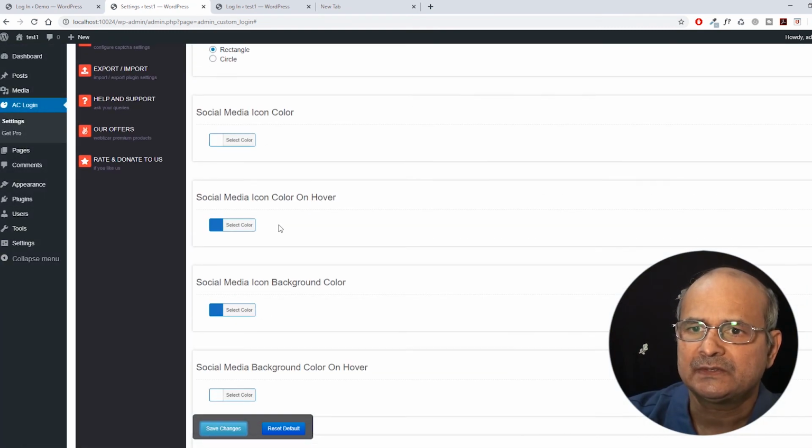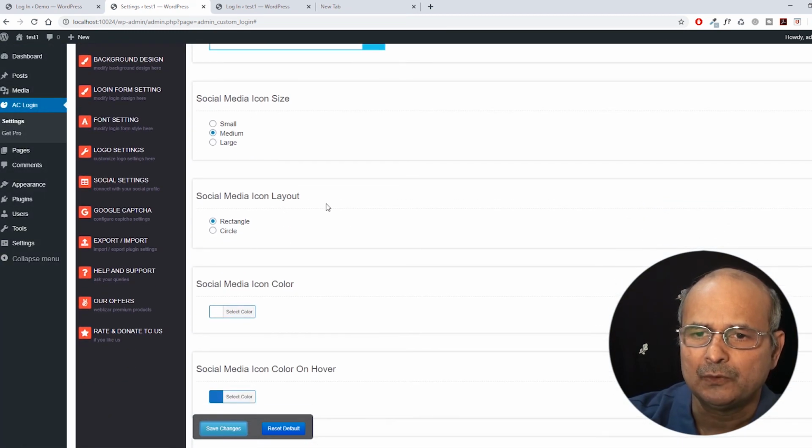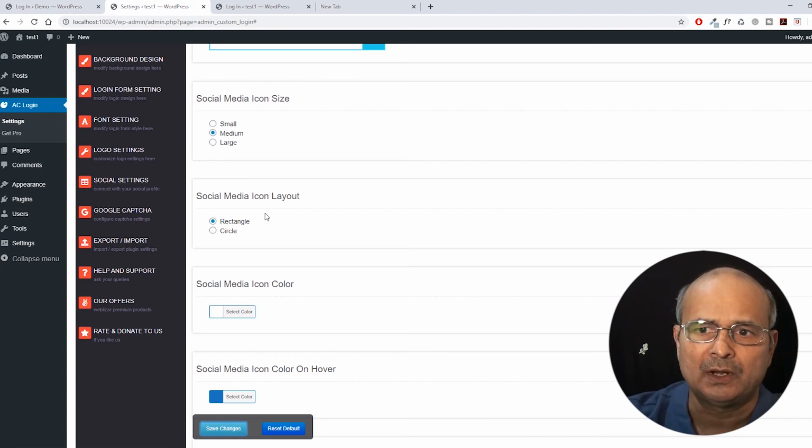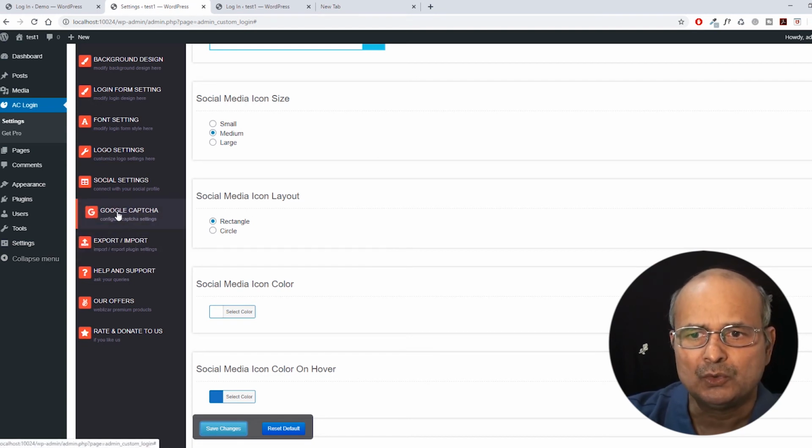Okay, so let's go back. Normally, if you have the standard URL, let's say wp-admin, this URL as a login page is very familiar and a hotcake for the spammers. They'll try to target and spam you, try to find your username and passwords. So if you want to protect your form from these hackers or spammers,